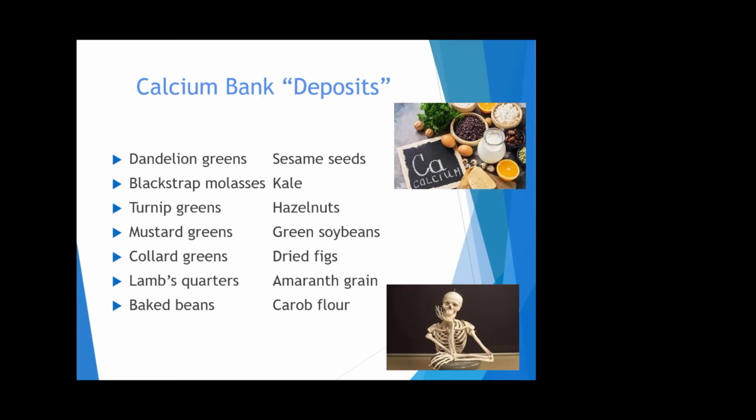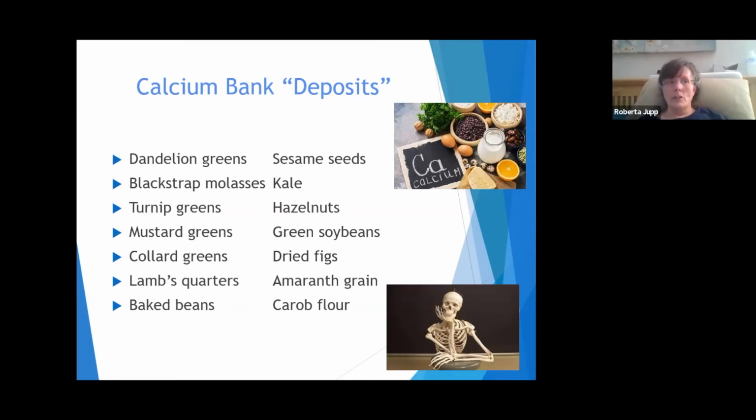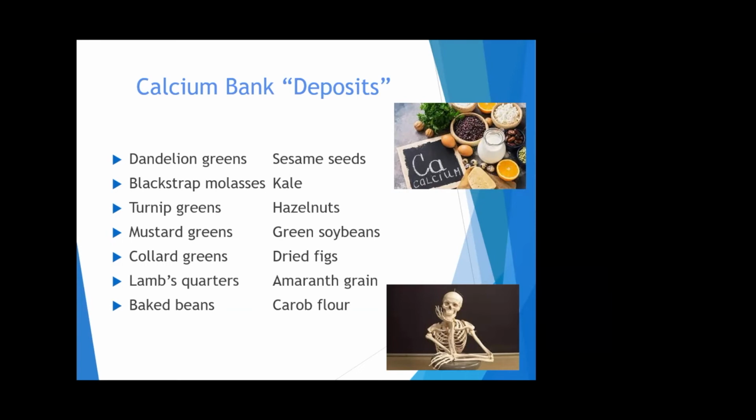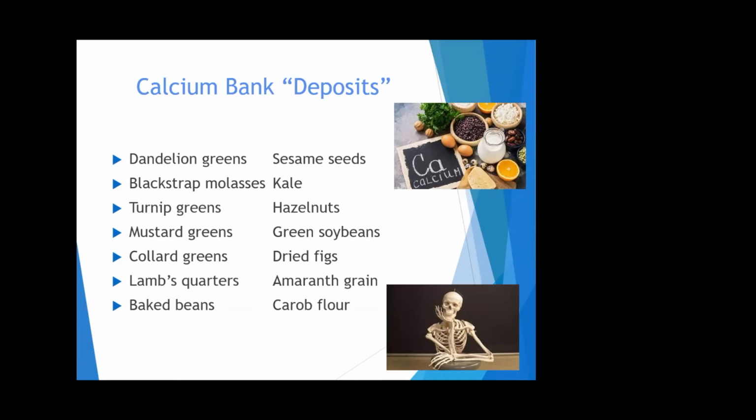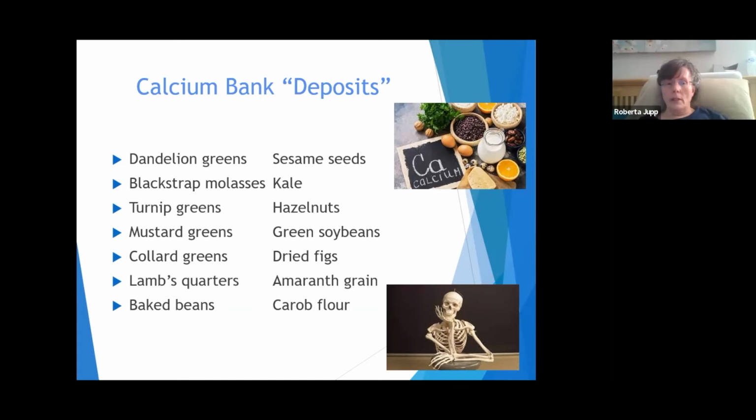Blackstrap molasses. The dandelion greens, I want to ask just one question on that. What do you do with these dandelion greens if you have them growing in your yard? Pick them, you wash them, and then what? Okay, well, you want to make sure that wherever you pick them from, you don't want to pick them from a place where you've laid down some chemicals. You don't want any chemicals in your yard. But if you have a part of your yard where you want to keep some dandelions, you want to get the dandelion greens when they're young because they're a little bit more tender and a little bit more flavorful. But you can use them in salads.